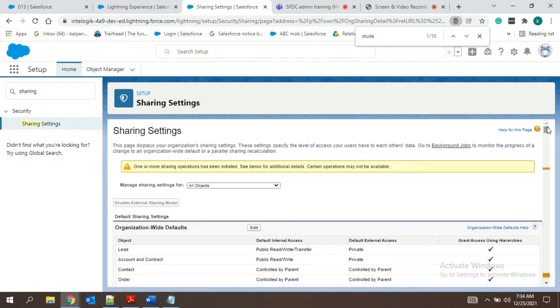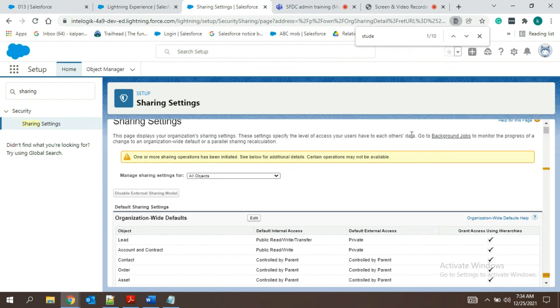See here, you can see this orange box, it is saying that it is still in processing. When it is processing, you have to wait for 1 or 2 minutes and you can refresh again. So whatever the results have been taken will be updated.